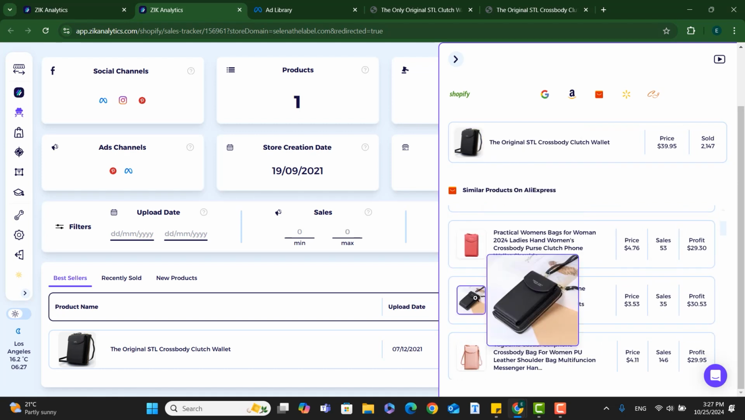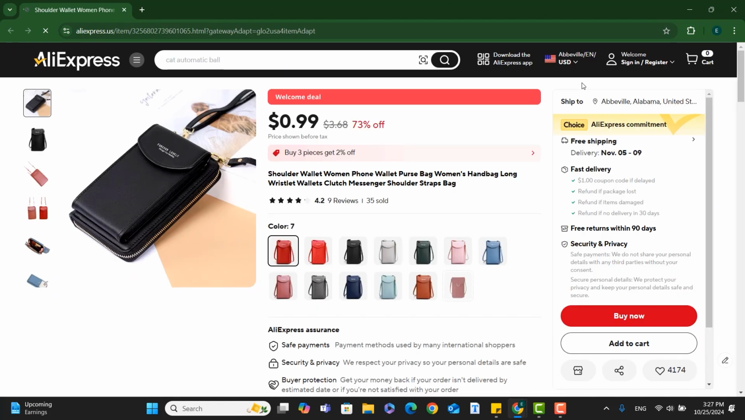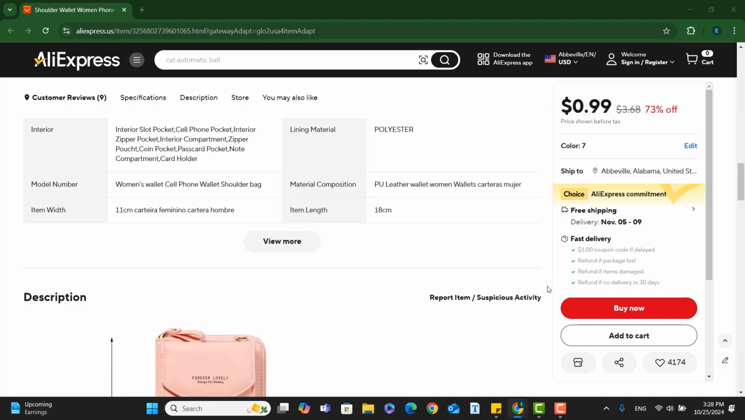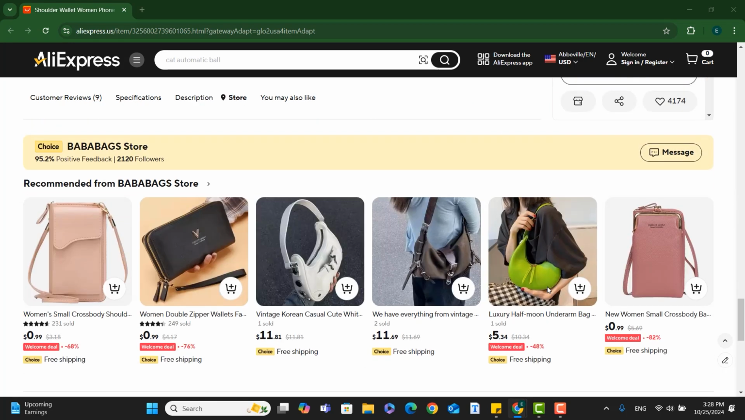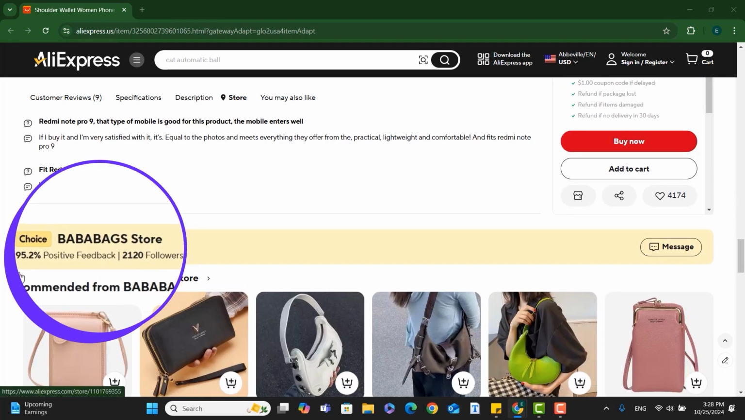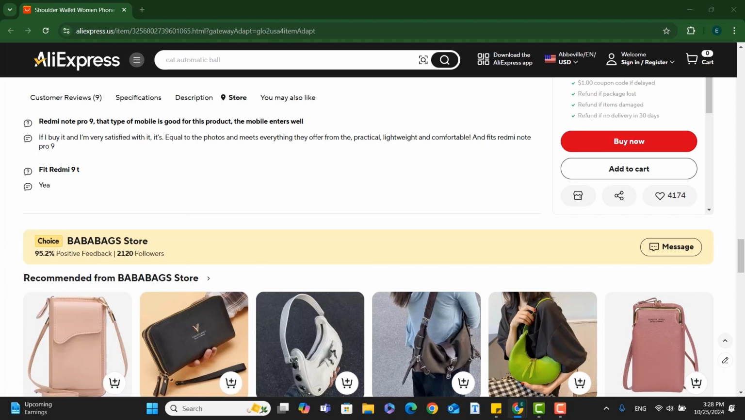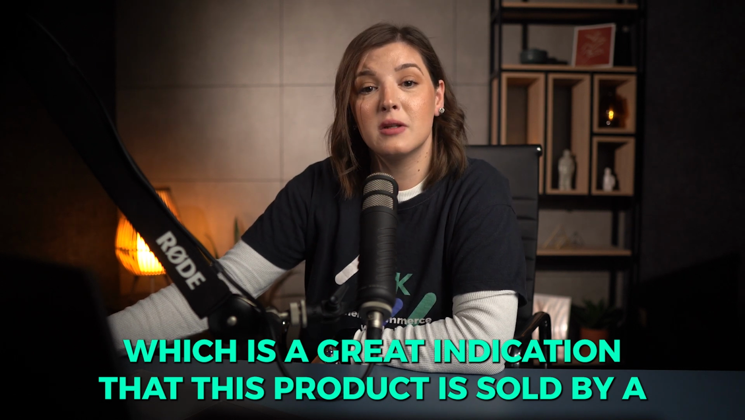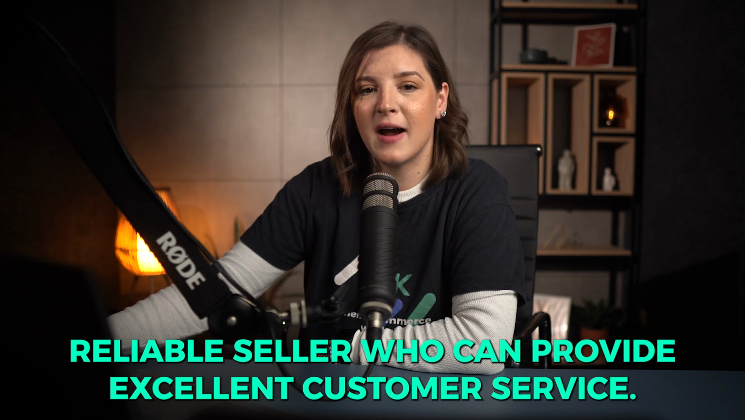As I can see, and as you can see, there are many exact match items here. But let's go ahead and check this one out. This is an exact product match. Truly, 1-to-1. The overall rating of this item is 4.2, indicating good buyer satisfaction. The AliExpress seller has a 95.2% positive feedback rating and 2,120 followers, which is a great indication that this product is sold by a reliable seller who can provide excellent